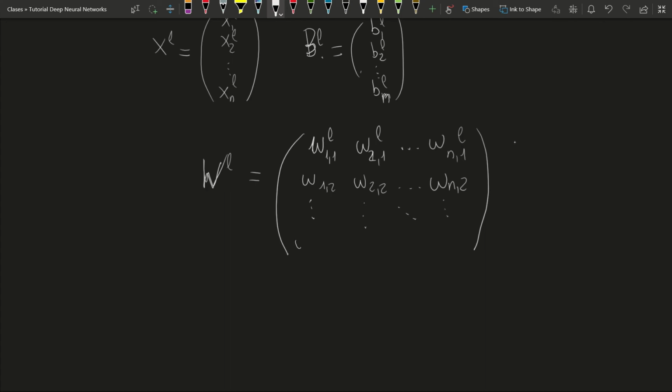And finally we'll have here 1 m, 2 m, and here n m. Okay, so this will be the notation of a matrix